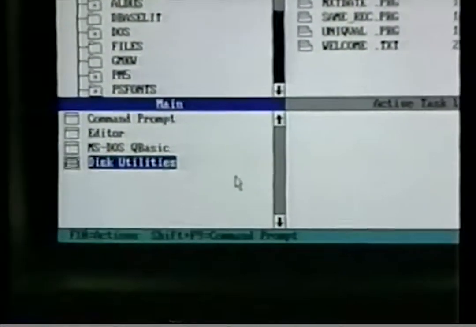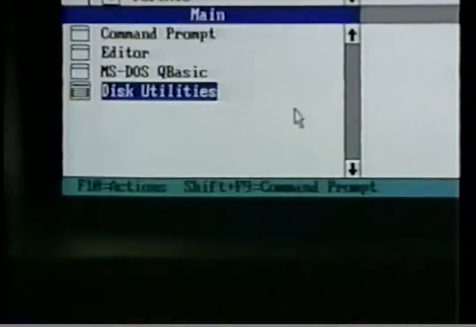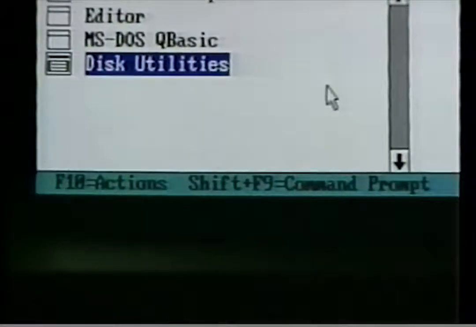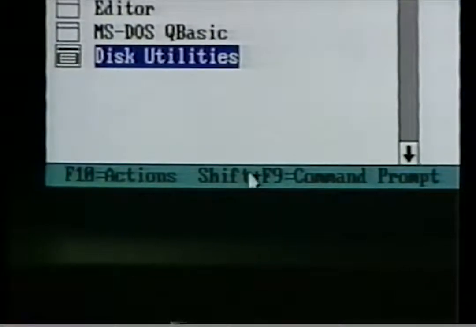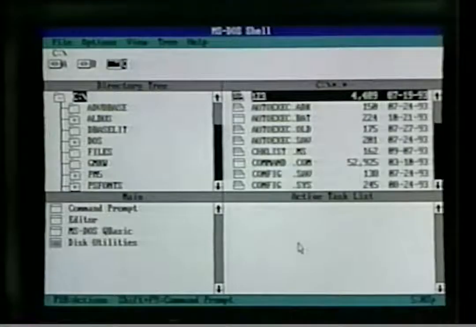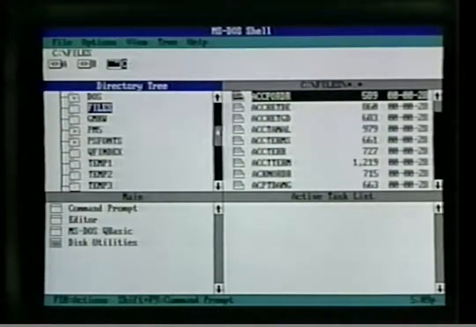The bottom line of the DOS Shell window is the status line. The status line usually displays two messages, F10 Actions and Shift F9 Command Prompt. Occasionally, the status line will show other messages related to the command you may be using. Between the drive area and the status line, the shell divides the screen into rectangular areas, and each area has a title bar. On the right side of each area is a scroll bar, which you can use to move